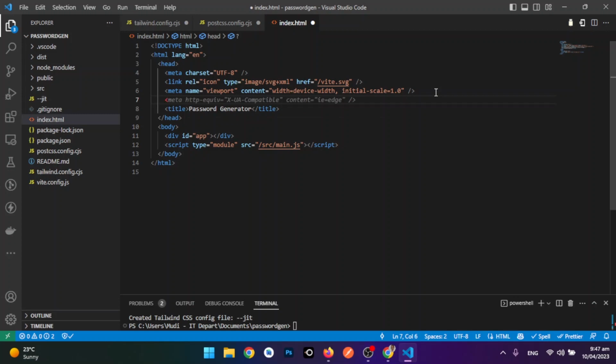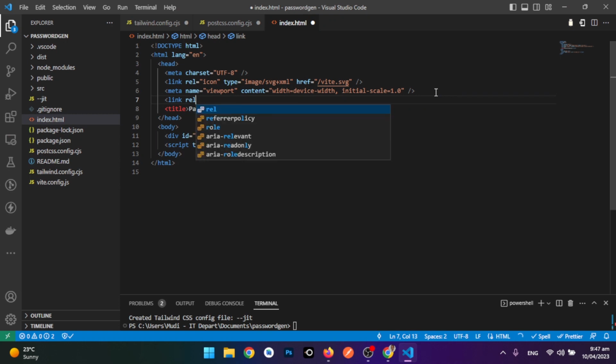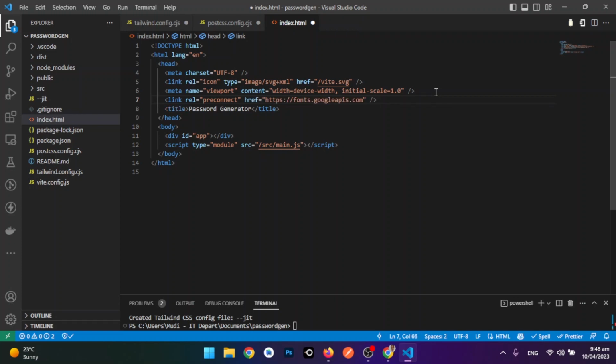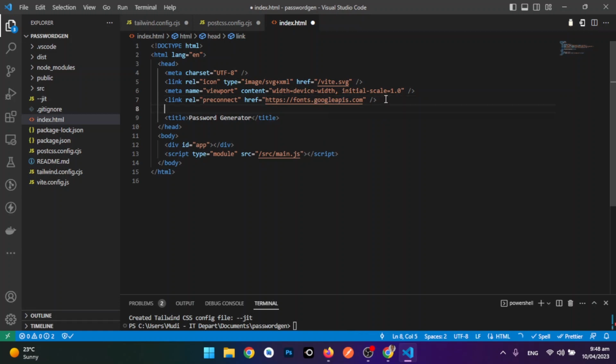Okay, now we'll add a link here. So link rel is equal to preconnect. That's right, so add Google APIs. Okay. And then we'll add another line which is going to be link rel is equal to that preconnect,